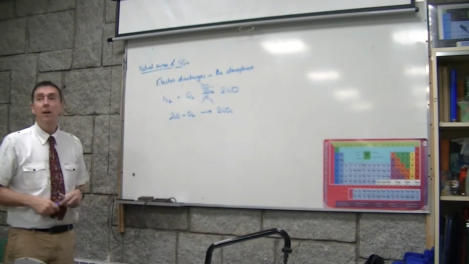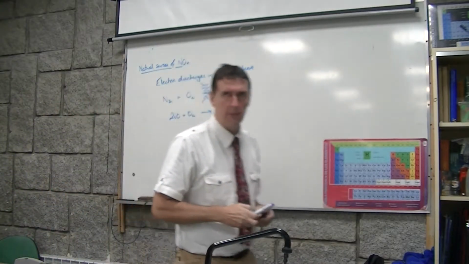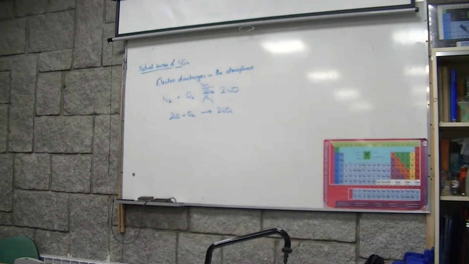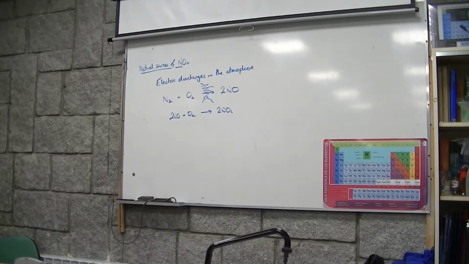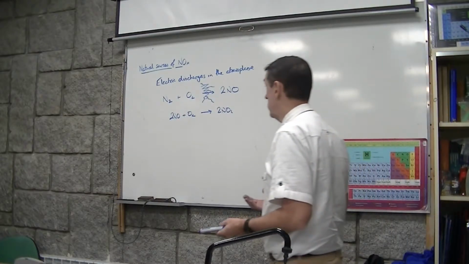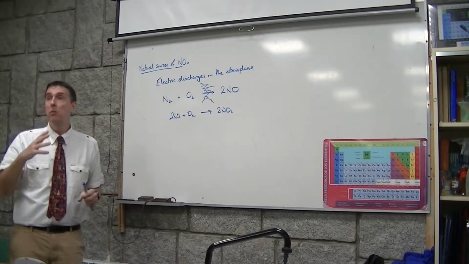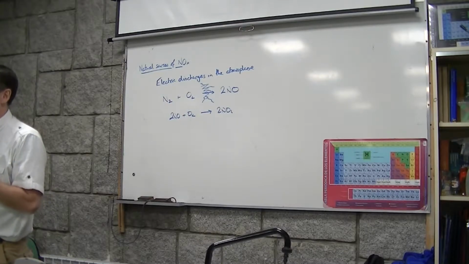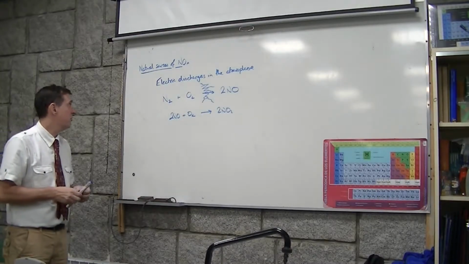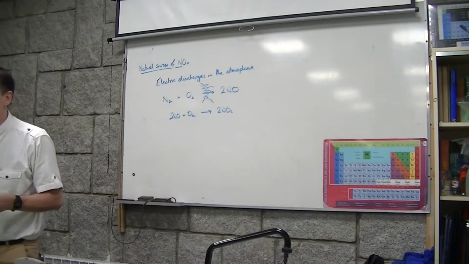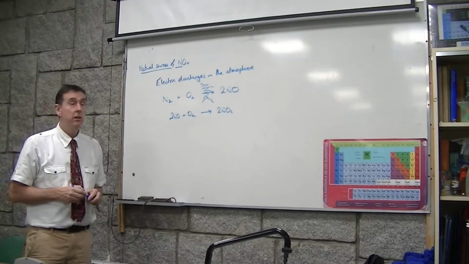So electrical discharges. How common are thunderstorms? Depends on the place. All right, on the Earth in general. Very common. In the course of a year there might be 100,000 of them. Right now, as we're speaking, there will be thunderstorms somewhere on the Earth, almost certainly. Which means that every time there's a bolt of lightning in a thunderstorm, we're binding together nitrogen and oxygen. So it's a natural source. Now, we've already mentioned the nitrogen cycle. It's quite useful in a natural cycle.